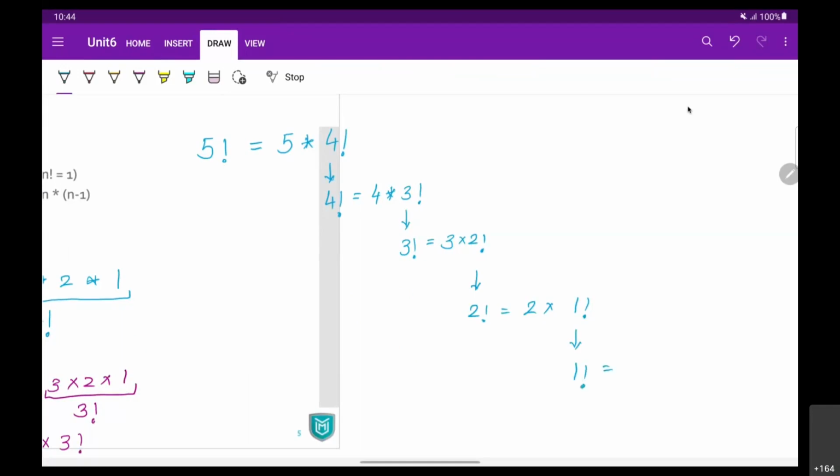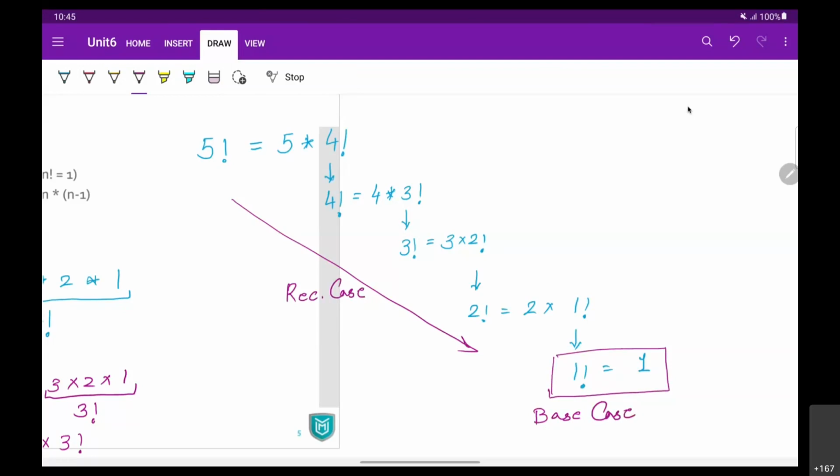Now, what is 1 factorial? So, 1 factorial is going to be the base case for us because this is where we are going to terminate our repetitive task. We all know that 1 factorial is 1. So this is a recursive case, and this one is going to be your base case.